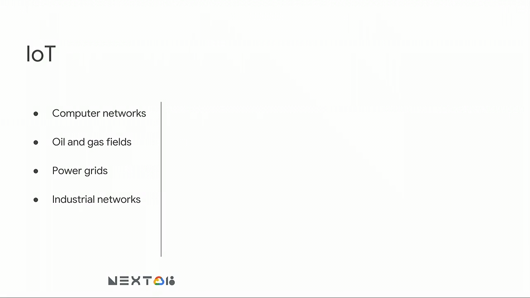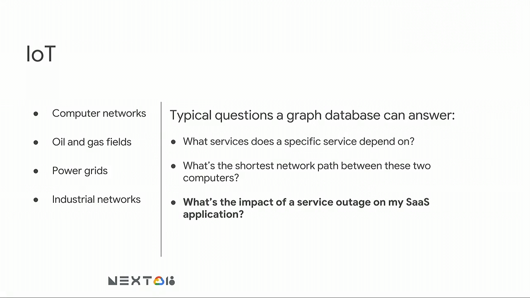This model that I'm going to walk through is useful and can be translated to several different scenarios. One would be computer networks. I could model this as sensors in the oil and gas industry, industrial networks, power grids, those sorts of things. So questions we might be able to answer in this setting would be, what does this service actually depend on? You saw the Istio use cases earlier today at the keynote. There are some similarities to what you'll see here. If I'm trying to find the shortest path between 2 nodes in a network, how would I find that? And then the one that we'll walk through here is, what is the impact of a service outage in my